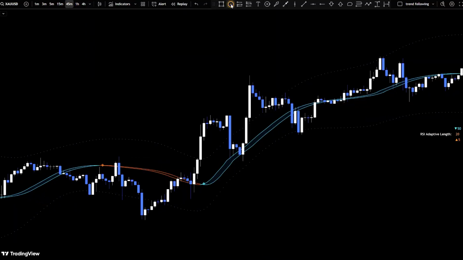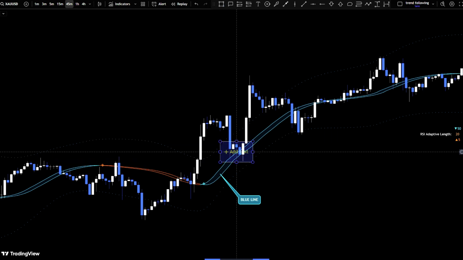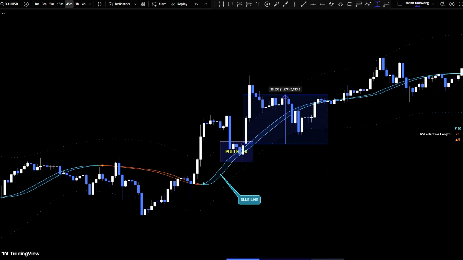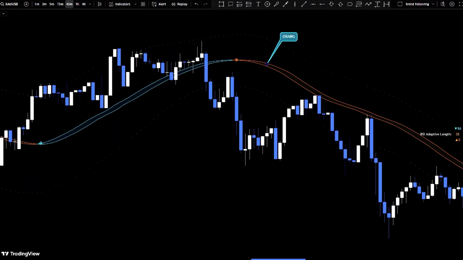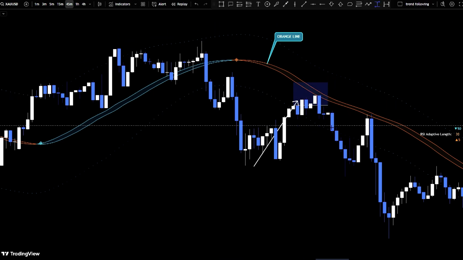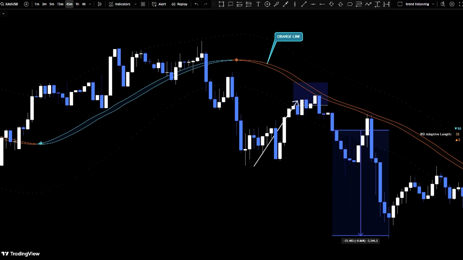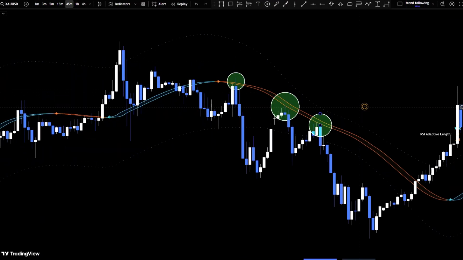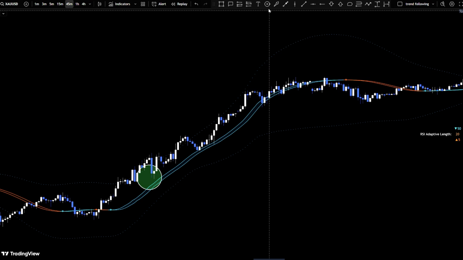Now let's look at a few more examples of the T3 in action. Here you can see the price perfectly bouncing off the blue line again, giving us another seemingly clear buy signal. It looks incredibly promising, right? Or consider this scenario. The price rallies right into that orange line and gets sharply rejected, indicating a potential sell. The T3 is excellent at highlighting these zones of dynamic support and resistance and giving us a first glance at